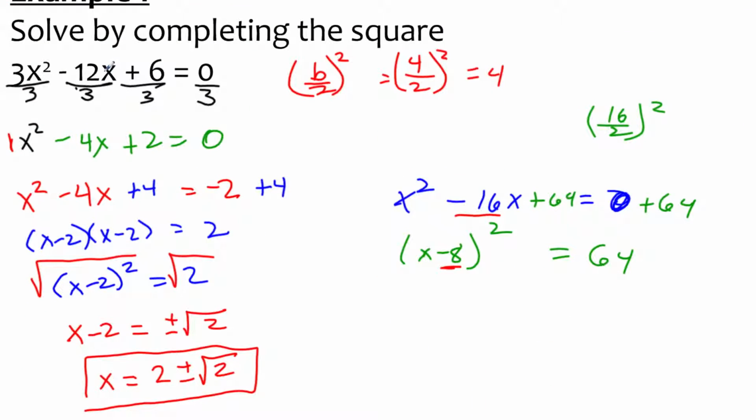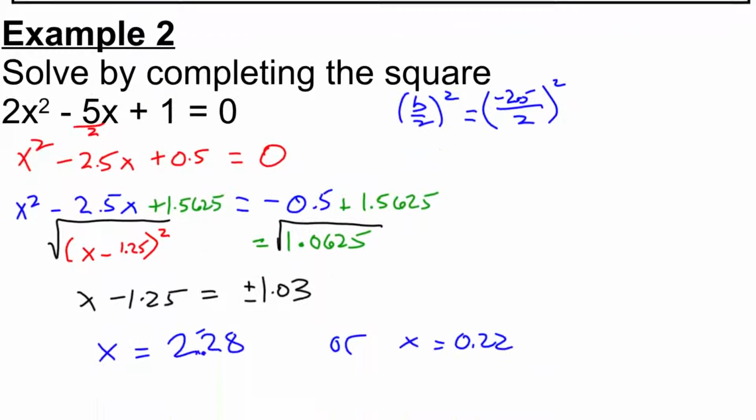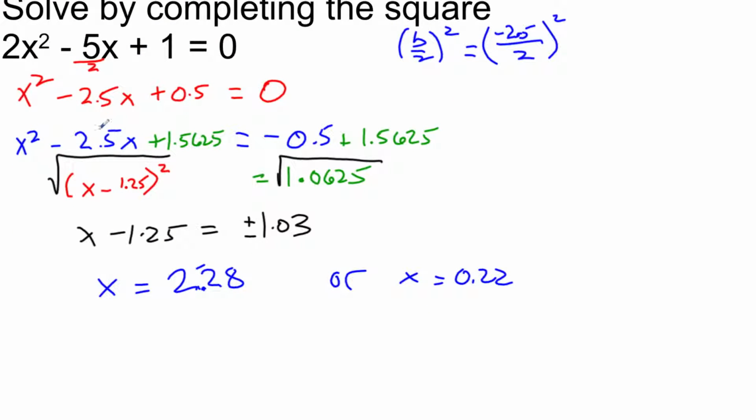I divided by the first number, I completed the square, and I moved the value over, I completed the square, I factored it. Here's where we had our kind of strange thing where we had to think about this relationship here, and then I square rooted, and I completed my problem. So in this case, we did it with decimals, and a little bit of relationship in order to do the factoring, but the concept is the same. Get rid of the number in front of x squared if it exists, and then proceed normally through completing